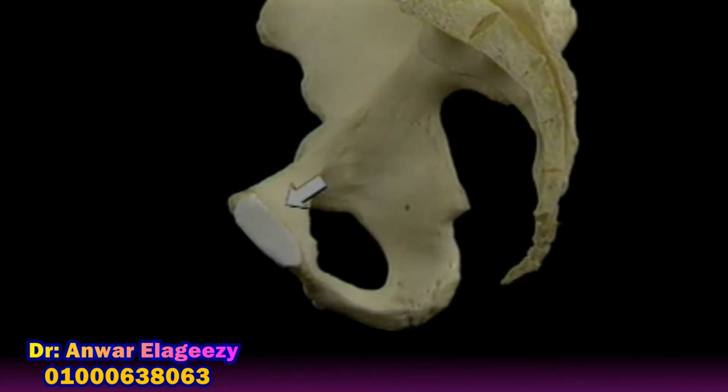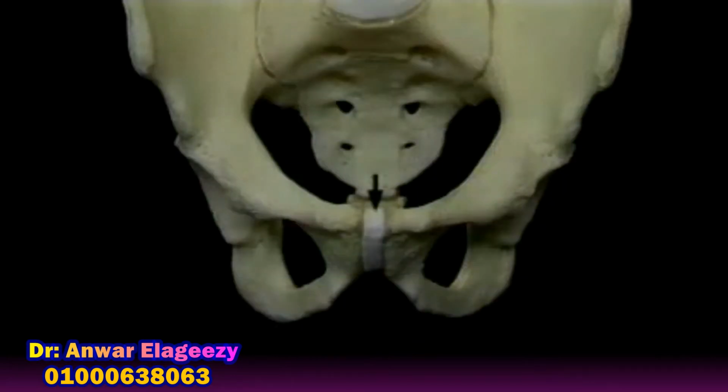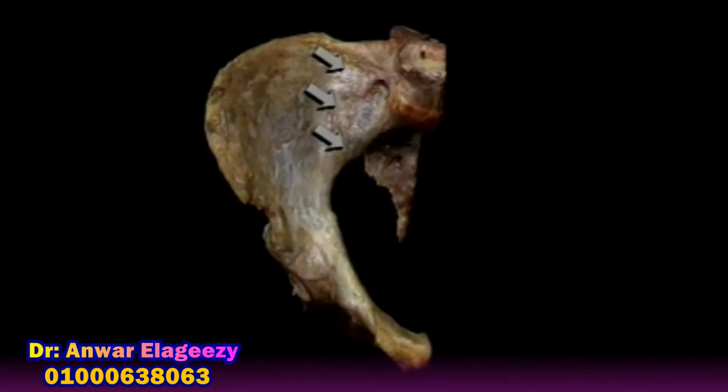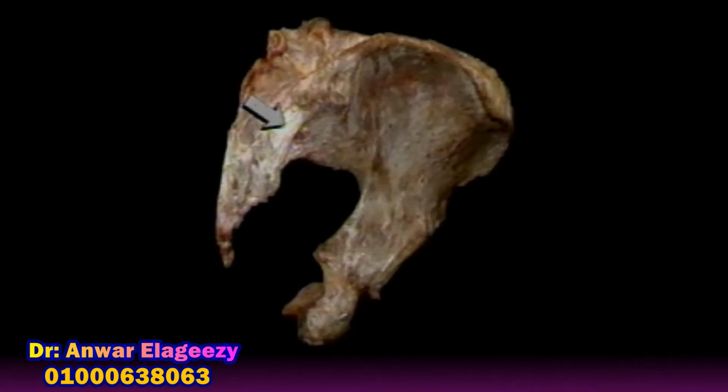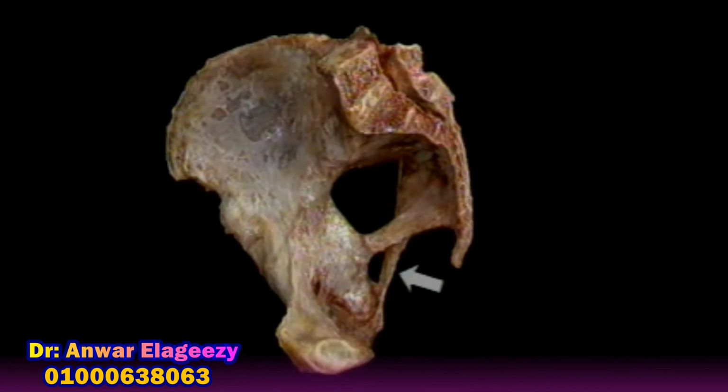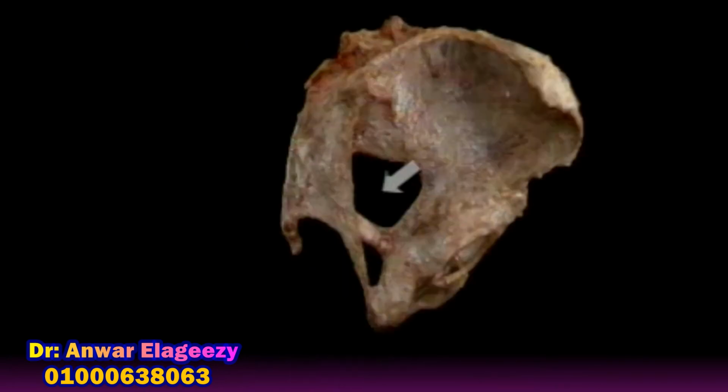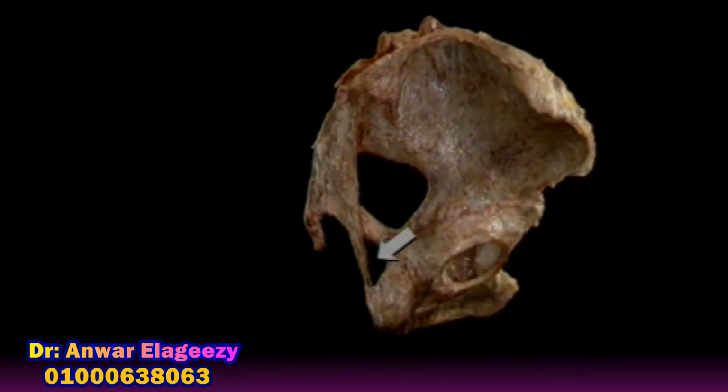Here's the body of the pubis, the ischiopubic ramus, the pubic symphysis, and the pubic arch. Here are the sacroiliac ligaments, anterior and posterior. Here's the sacrotuberous ligament and the sacrospinous ligament. Here's the greater sciatic foramen and the lesser sciatic foramen,